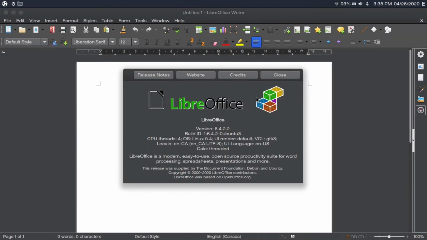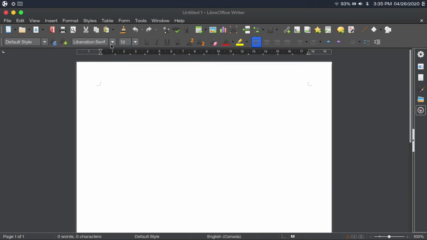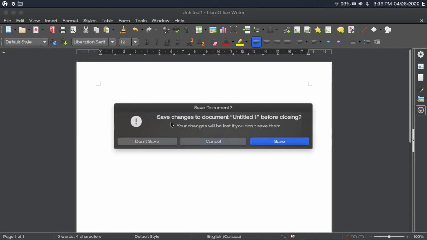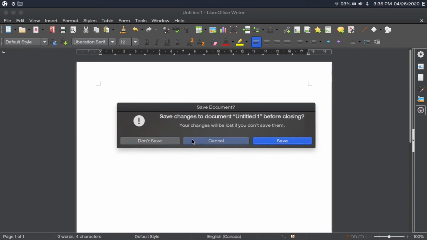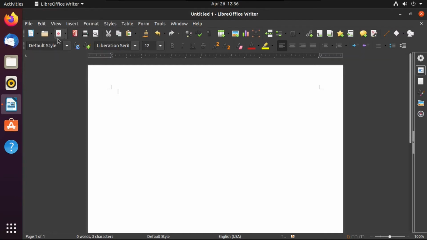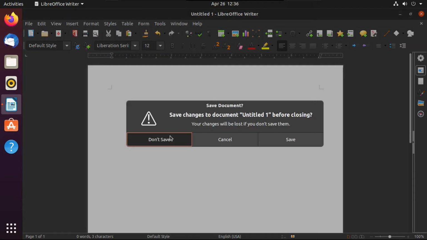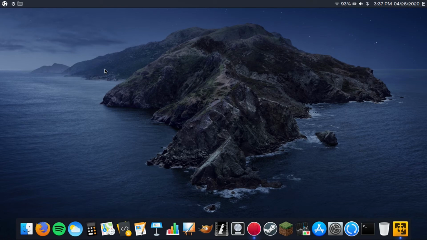Another thing, if you're upgrading from 18.04 to 20.04, you'll get upgraded from LibreOffice 6.0.7.3 to 6.4.2.2, which you'll notice a lot of UI improvements. For example, say I start a document and then close it, it'll just use the default alert window for alerts. I'm going to show you what that looks like on stock Ubuntu. Yeah, like that. Now, of course, I'm not going to go over the changes of every single app, otherwise this